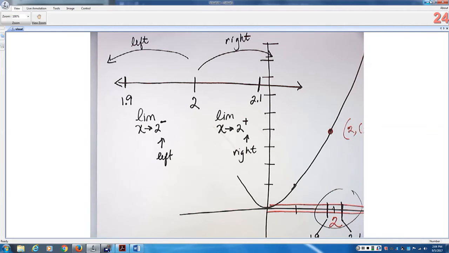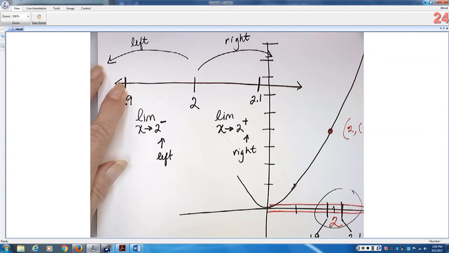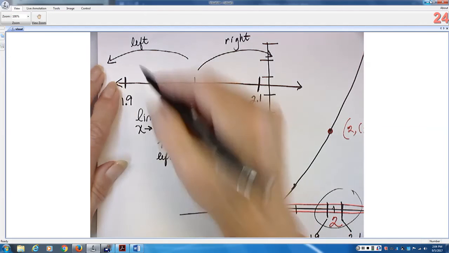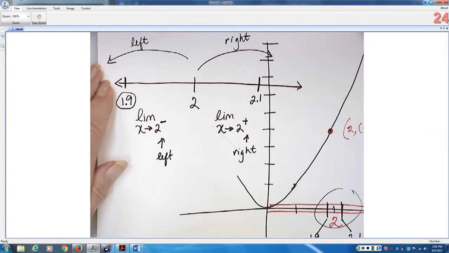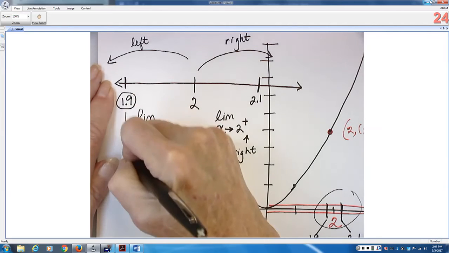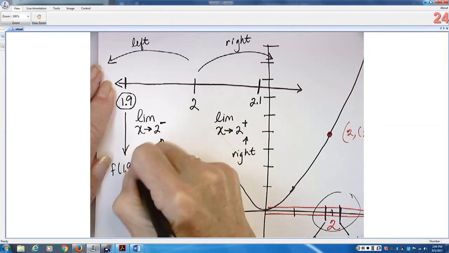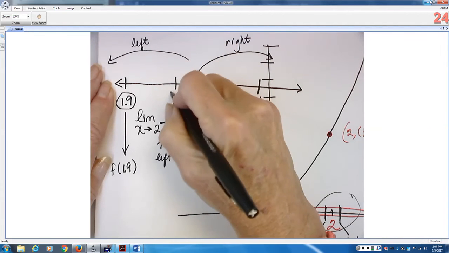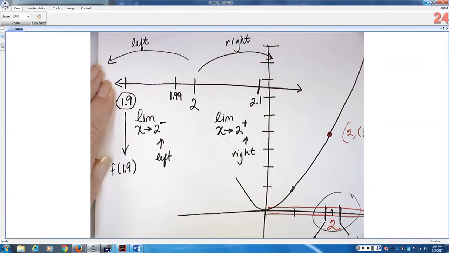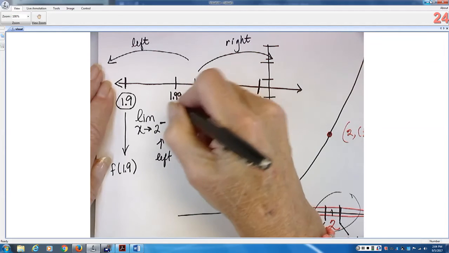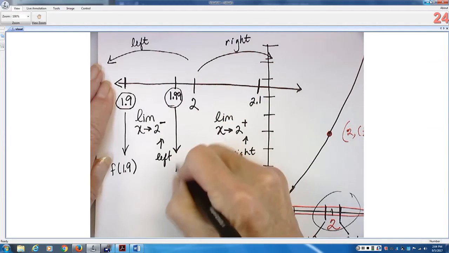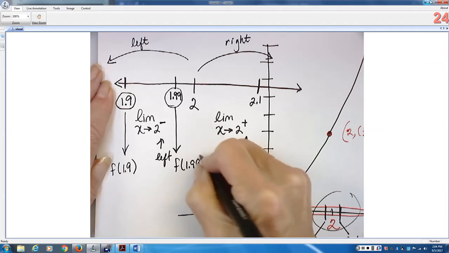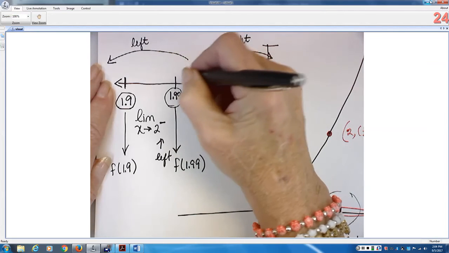The first number I'm going to choose, and I'm going to look at it one side at a time. I'm going to choose 1.9. Now this is not to scale, I just want you to pay attention to kind of what I'm doing. I'm going to start out at 1.9 and I'm going to find the value of f of 1.9. Then I'm going to move closer, like maybe 1.99. And from there I'm going to find f of 1.99. And then I'm going to move closer again